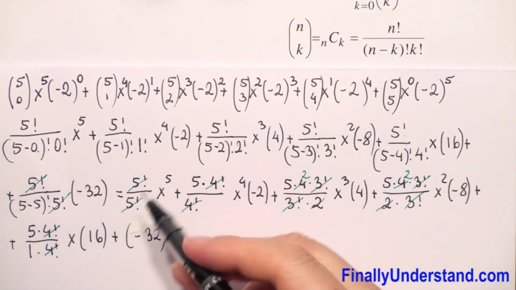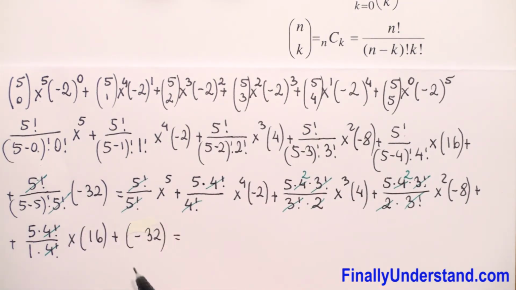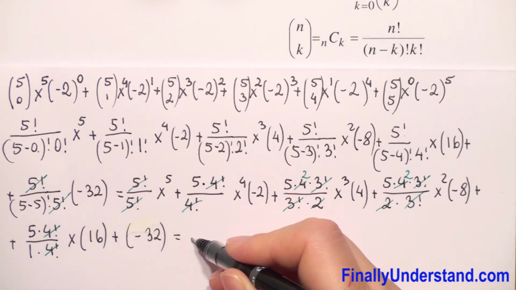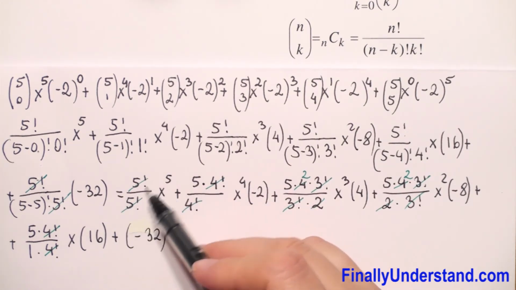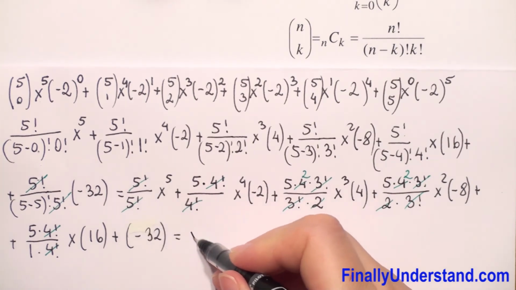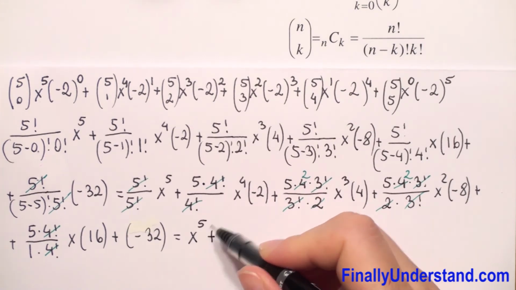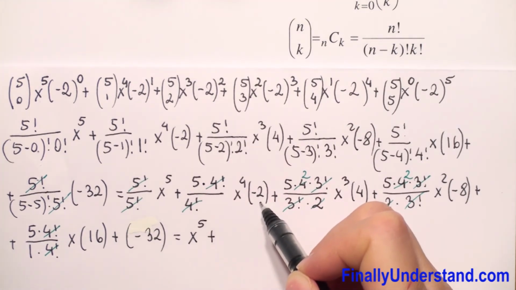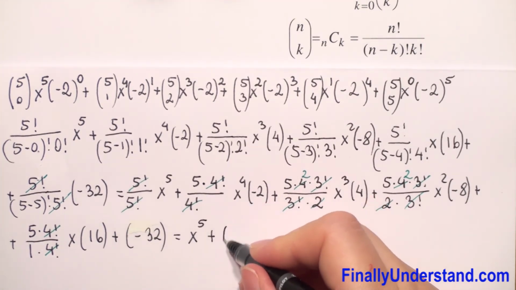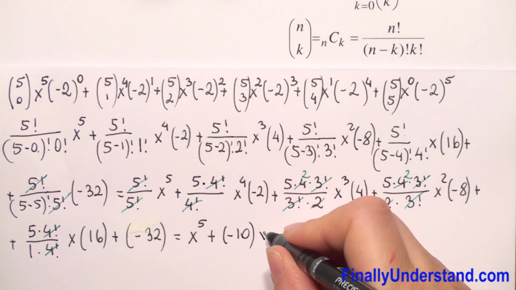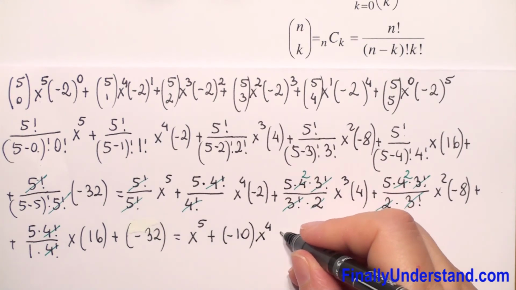So from the first expression term we have only x to the 5th power, and we have plus 5 times negative 2, so this is negative 10, and we have x to the 4th power, plus